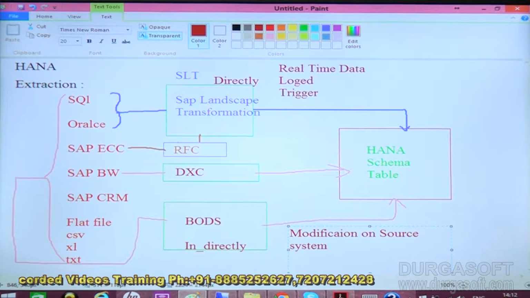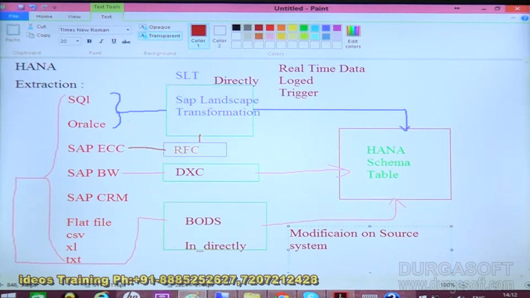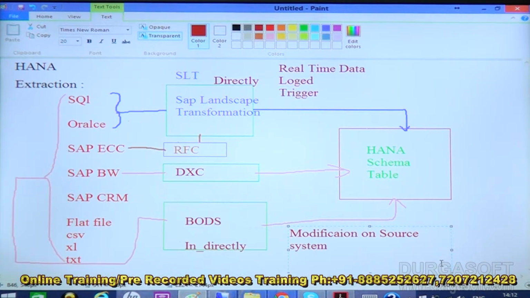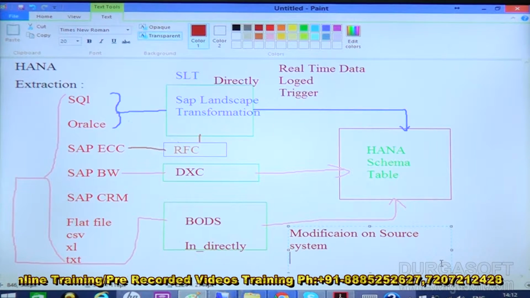If you need some certain change, like I want to add some extra fields, I want to filter some data, or I want to reshape some fields, or I want to do some runtime calculations, I want to pick up the pin number as pin code number from a field called address field, or I want to join the first name and middle name to make it a full name. If you want to perform this kind of thing, we have to perform the exact scenario, which we call this area. So this is how we can perform those activities.